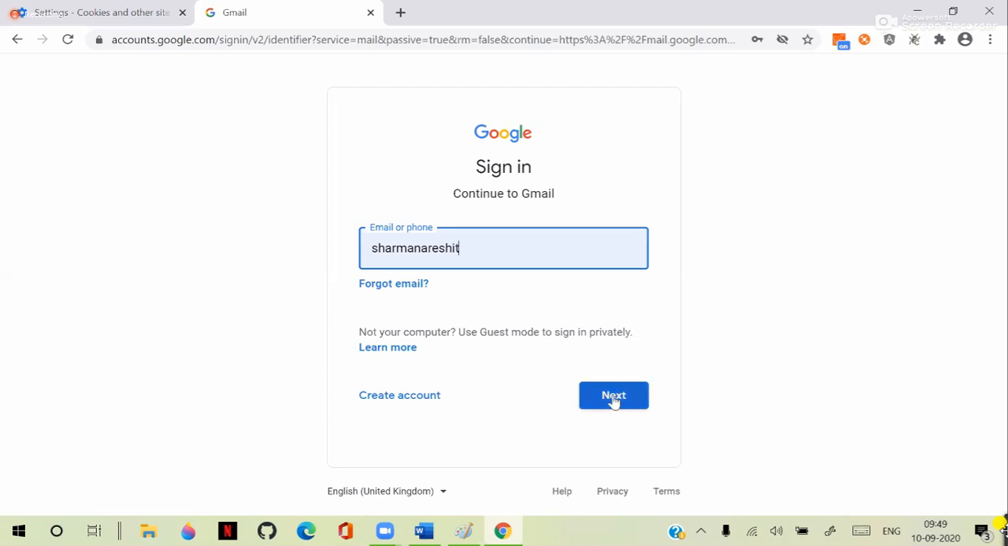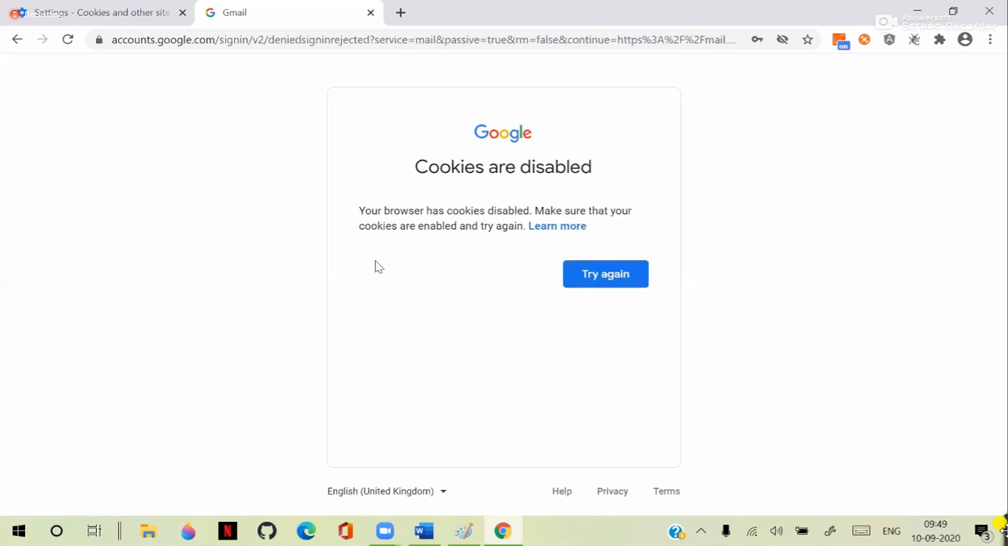So I click on next here. When I click on next, you can observe that immediately Google says that your browser has cookies disabled. Your browser has cookies disabled. Make sure that cookies are enabled. That means now your Gmail will never work